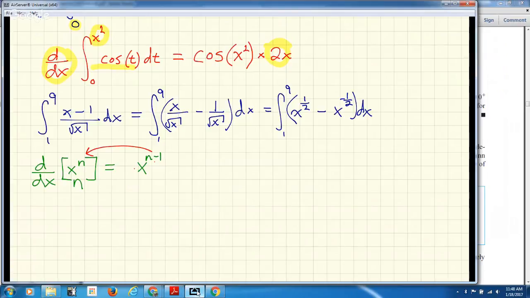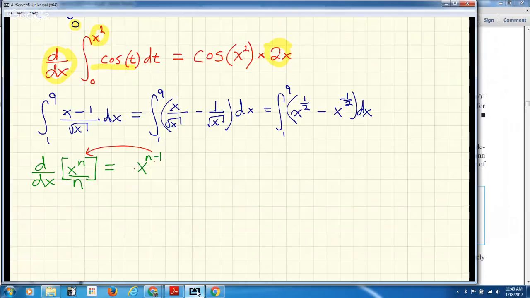And so let's throw in that. All right, so the derivative of x to the n over n would just be x to the n minus 1. And so again, note, going the red arrow way would be an antiderivative. And so the power goes up by 1 and we divide by that new power. So what that means for these guys over here, the implication, it's right underneath, would be that the antiderivative for